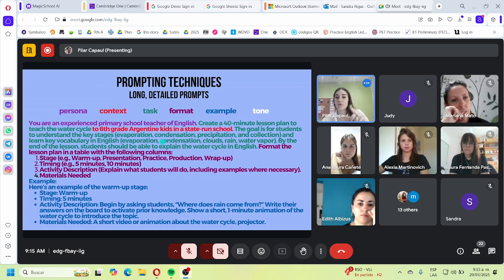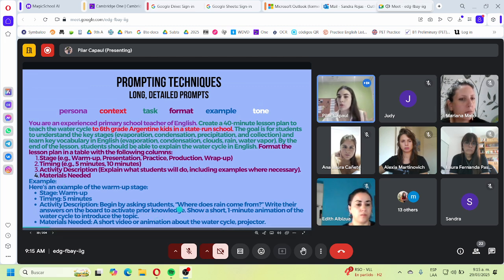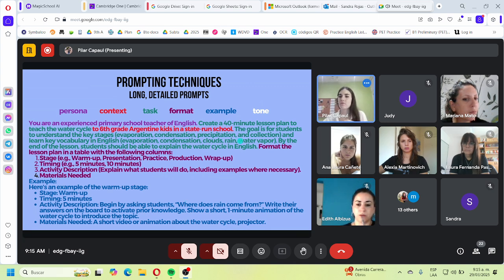Right? The format, I need to hand this in. So please format everything in a table with the following columns: stage, timing, activity description, materials needed. And I decided to include an example of a warm-up just so that ChatGPT knows more or less what I'm looking for, the level of detail. And I didn't say anything about the tone because this is for me. My students are not going to read this, so I don't really care about the tone. But this is everything that we might need to make sure that ChatGPT knows exactly what we're looking for. And we can use that